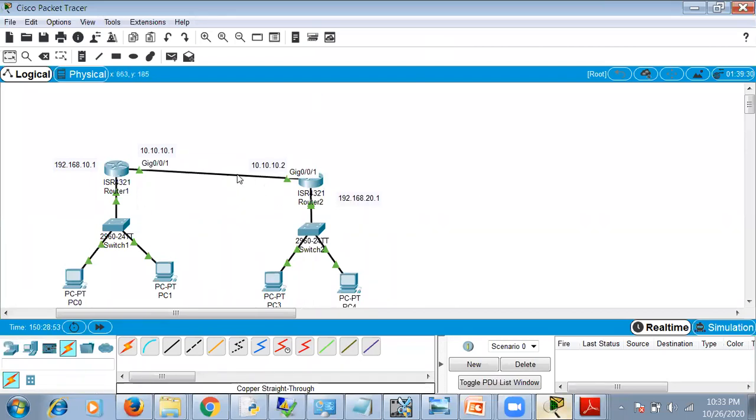We'll continue with the same example. We'll add a third router now.